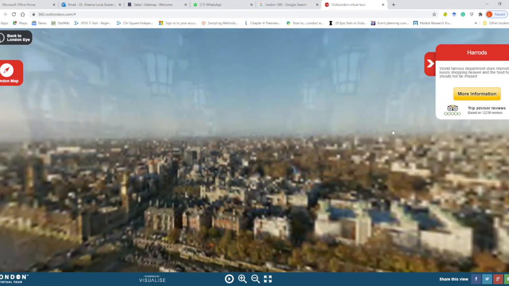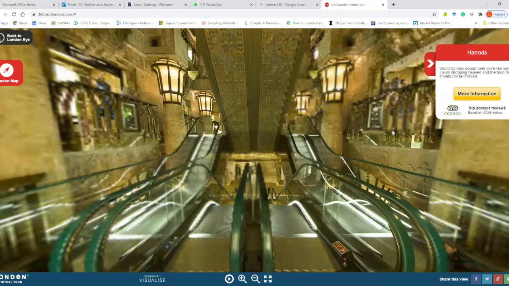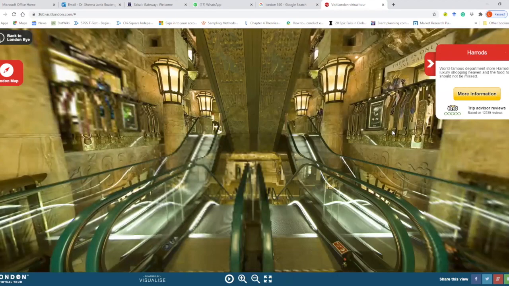Okay, so we are in Harrods. See, so for those of us who have not been anywhere but have idyllic memories and very vivid and descriptive imaginations, we can take this virtual tour and later on have a conversation with someone and speak as if we were actually physically in the location, because we can describe every minute detail after taking this virtual tour, right? So we can describe from when we enter the doors and you stand on the escalator and you put your hand on the green strips and it starts moving.